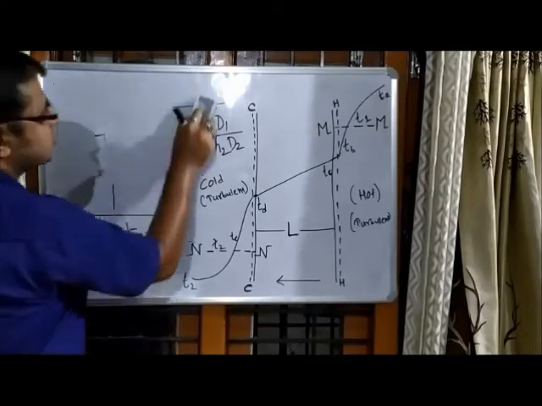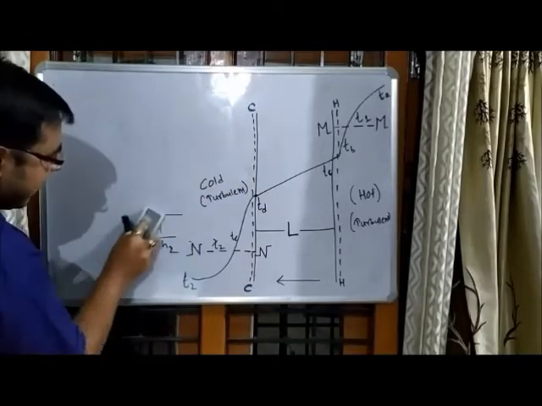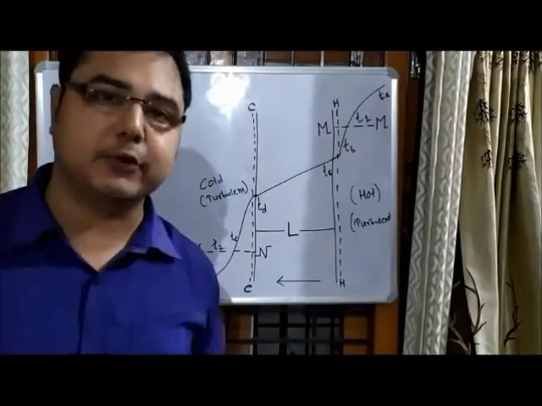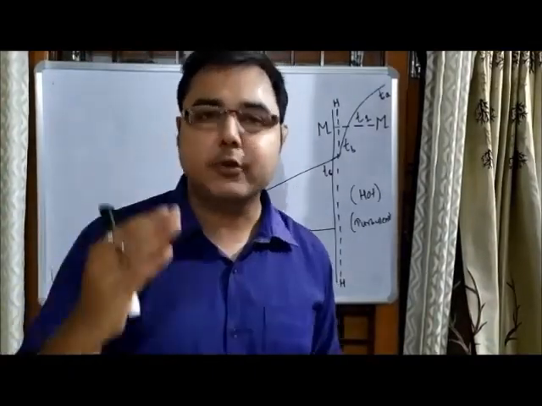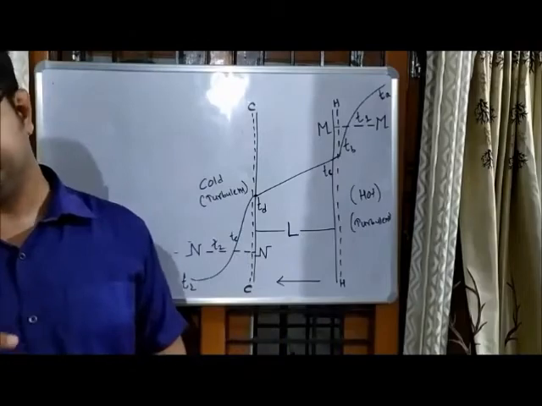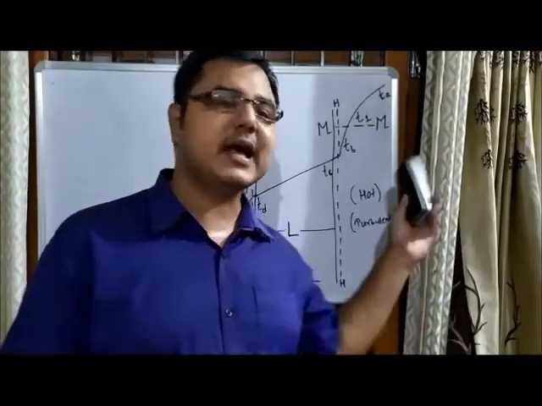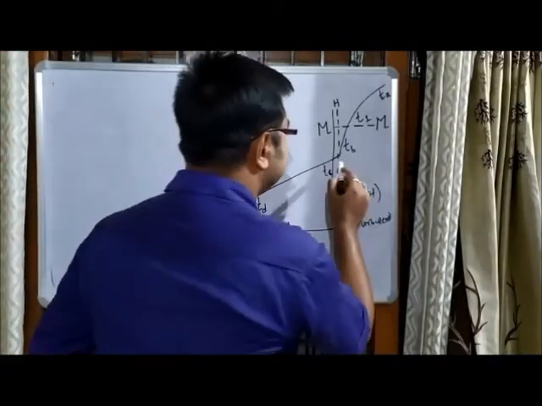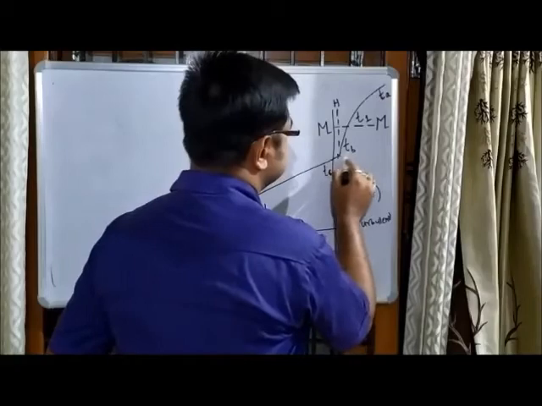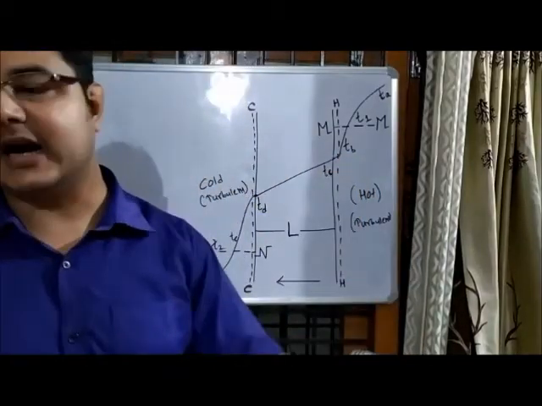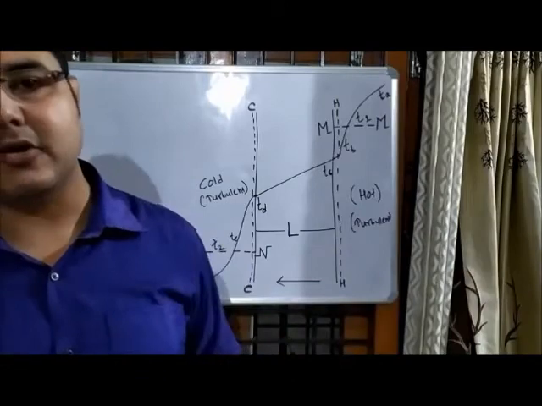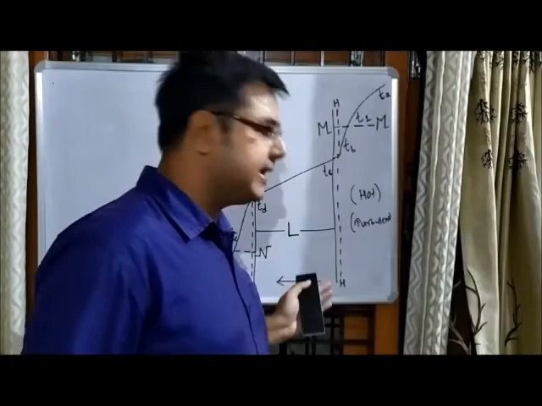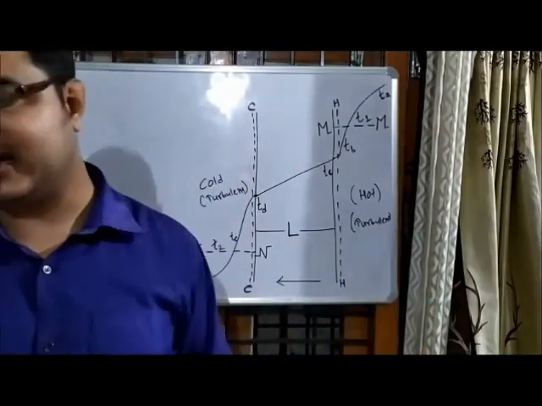Now you should know the factors which influence the film coefficient. Number one factor is the thermal conductivity of the liquid, which will determine the film coefficient of the heat transfer process. Next is the specific heat of the film, which will also affect the film coefficient. The next factor is the density of the liquid which you are using here; it will affect the film coefficient.